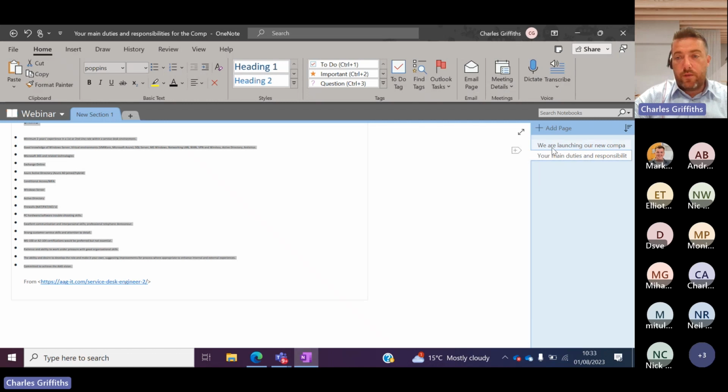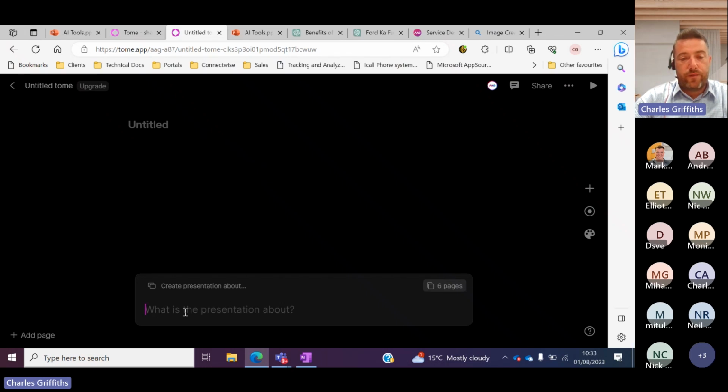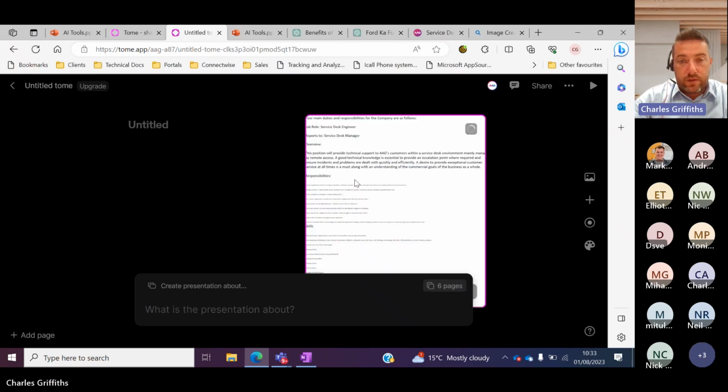So what I've put together here is some text that I want to use. I'm just going to feed it some basic information, and this is going to be about launching our company values. At AAG, we have five core values that we buy into, which are accountable, adaptable, growth, innovative, and togetherness. I'm just going to give it some really basic information. This is a snapshot of some detail, but with just a small amount of info, I can say,